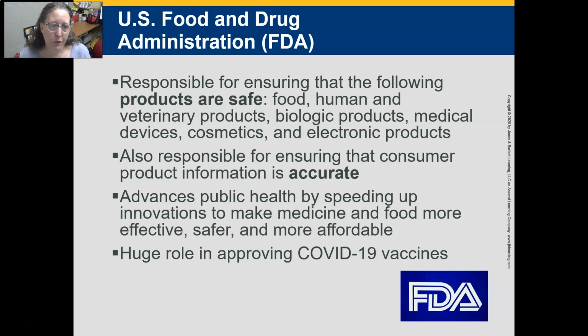It is also responsible for ensuring that the consumer product information is accurate. And so they're also behind some of the legislation and rules behind what can be said or not said on a product, the health claims that can be made. For example, you will rarely see on a label for a supplement that it cures something or helps a certain condition, but rather it allows for systems-based claims. We can say "supports cardiovascular health." That would be allowed, versus "cures heart disease," which would not be allowed as a claim on the label of a product.